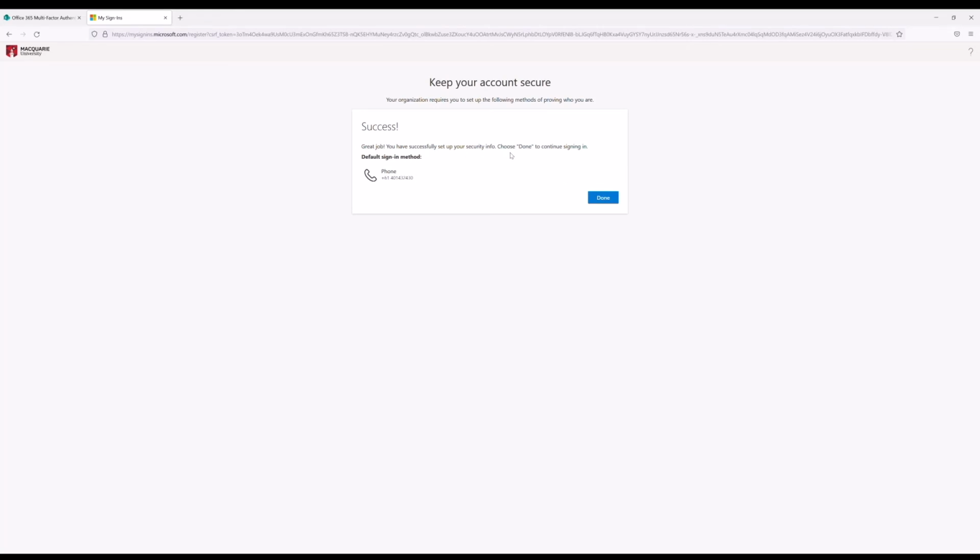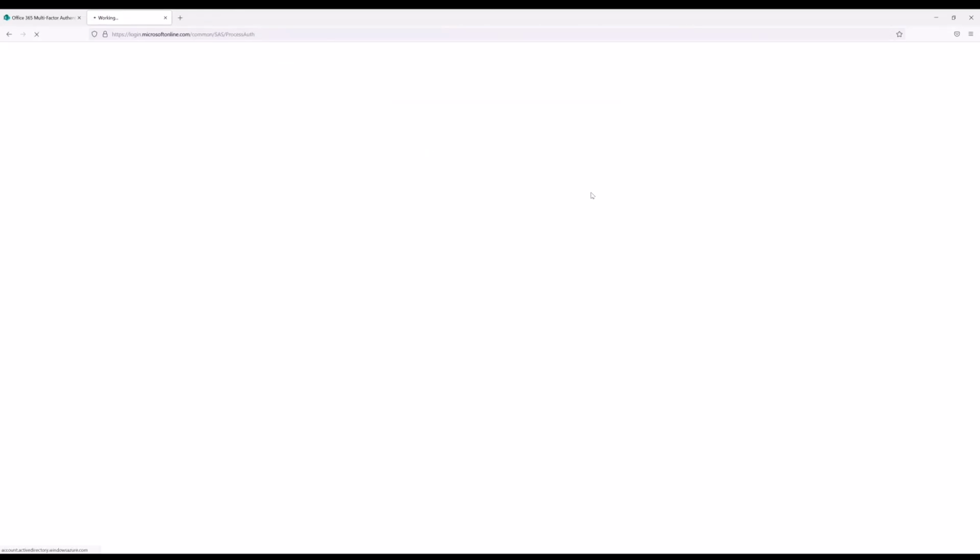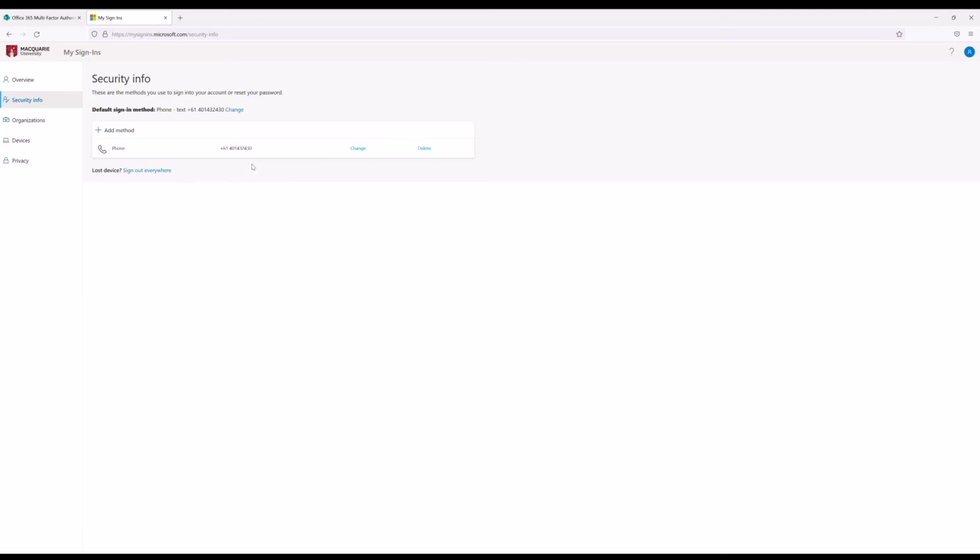Now hopefully the people who've used the apps are still with us, as one last section remains, which is adding an alternative authentication contact method. While it isn't necessary, it is highly recommended because it will allow you to still access your O365 account even if you get a new mobile phone, a new number, or have misplaced your phone for any other reason and you don't have access to it. So now all of you should be